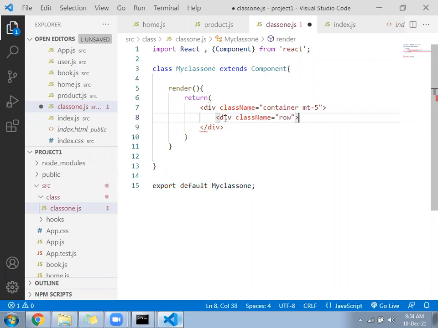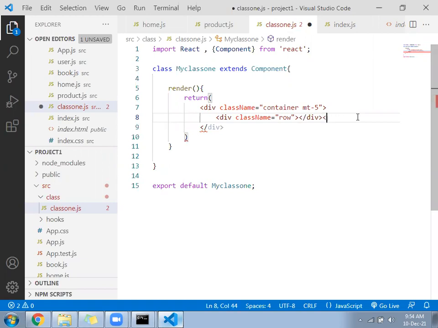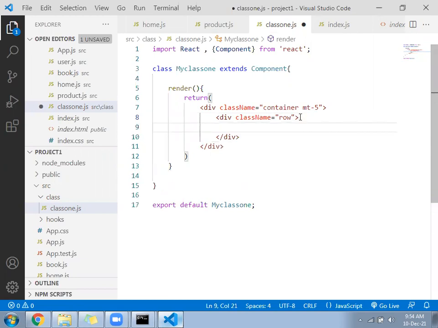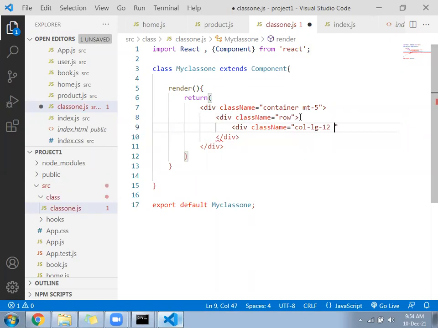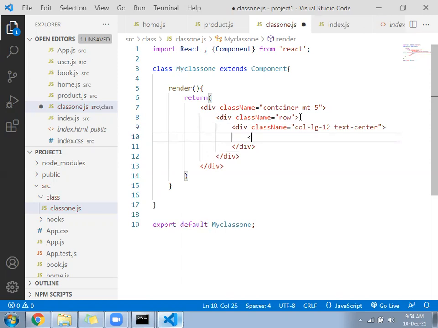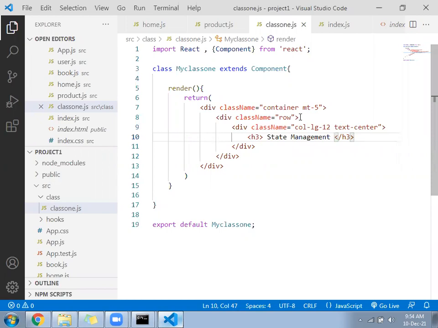Inside that, follow a div, className equal to col-lg-12 and text-center also. From below, write h3, State management.